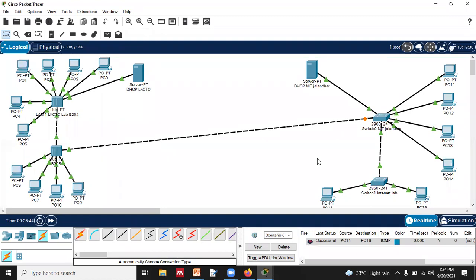we put a wire in NIT. Getting it now? So now let's check. Could we be able to communicate if we put a wire? Now these are similar devices. So there will be a cross cable between these two, right?